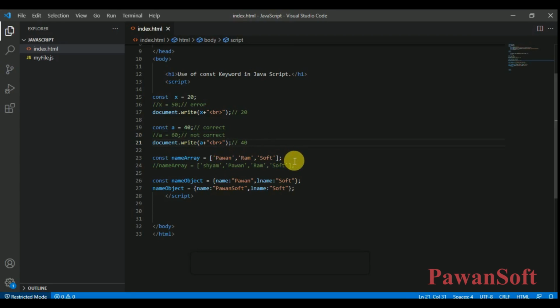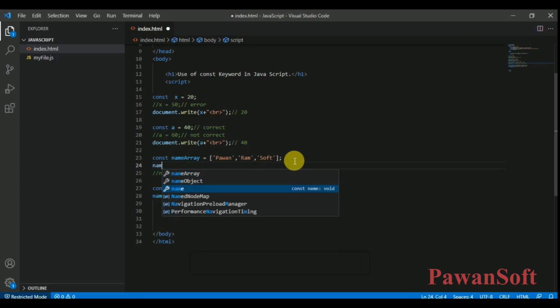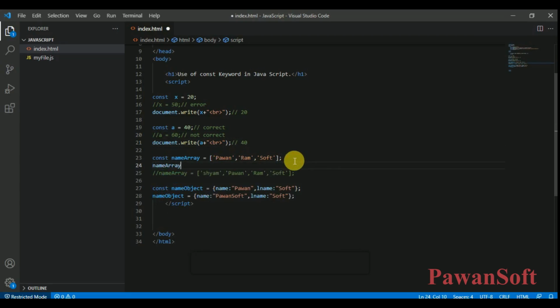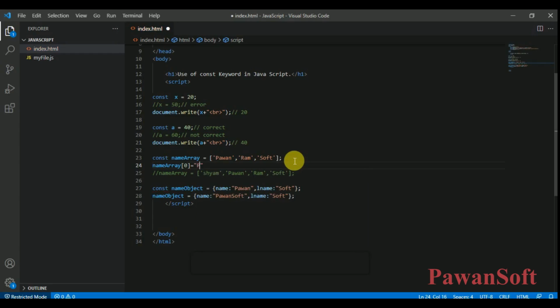See, what I want: name array dot 0, at the 0 place I want to change it to Pawan soft, right?